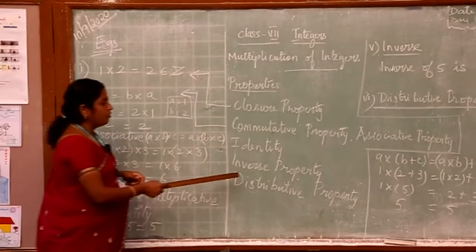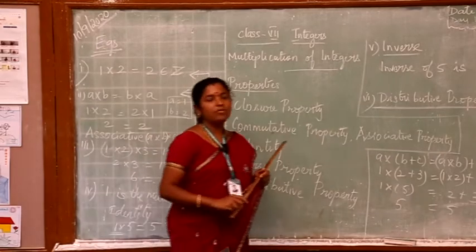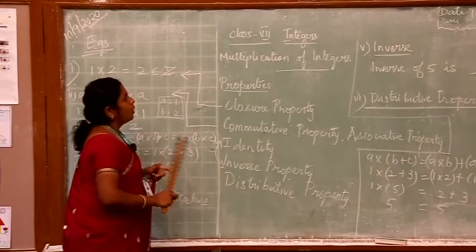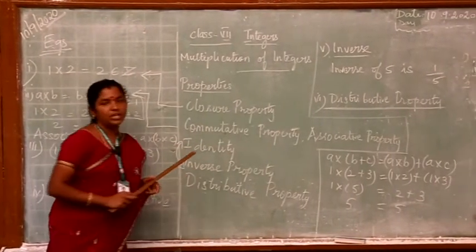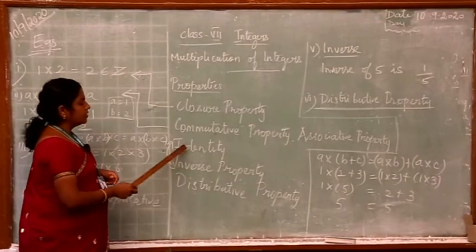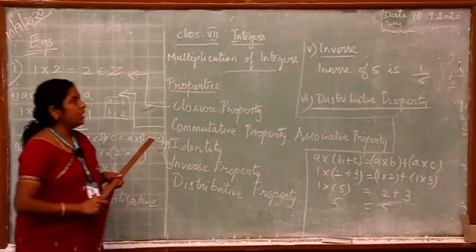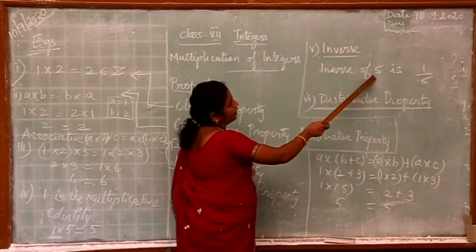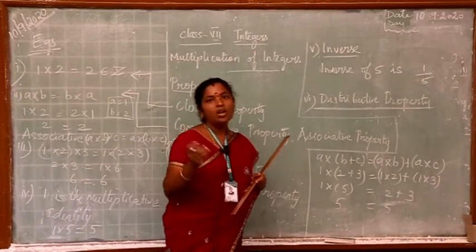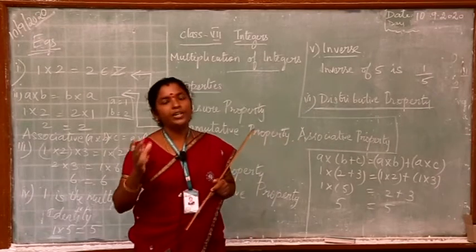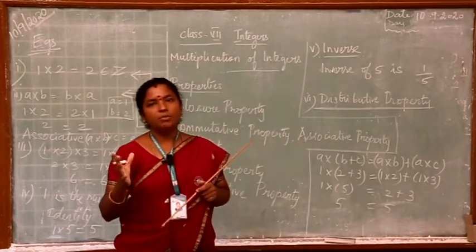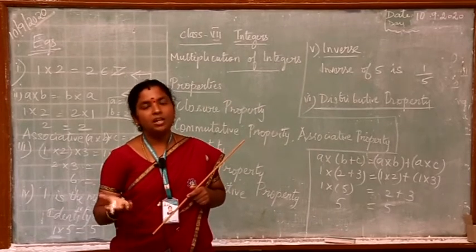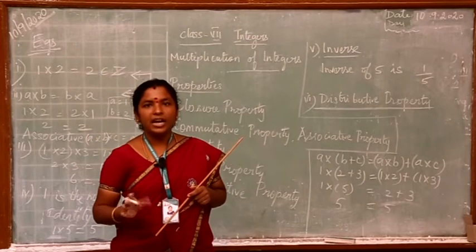Now, we will go for inverse property. As you know, inverse and identity have some relation, as I said when we went for the operation of addition, and the same in multiplication also. Identity and inverse will have some relation there. Addition and subtraction go together wherever the operations are there. That is, if you have an equal to symbol, addition goes to the other side as subtraction and subtraction goes to the other side as addition.